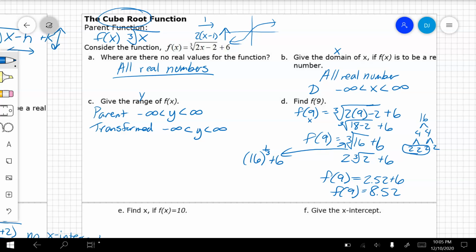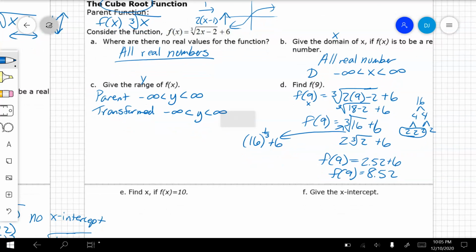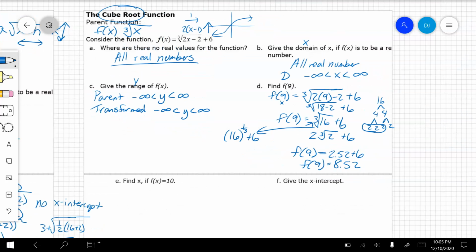All right, so the next step is we're going to solve it if f of x equals 10. So now wherever you see f of x, it's now going to be 10. So I'm going to substitute 10 equals the cube root of 2x minus 2 plus 6. And I'm solving for x, which is on the inside of the radical. We're going to subtract 6 first, so that's going to be 4 equals the cube root of 2x minus 2,